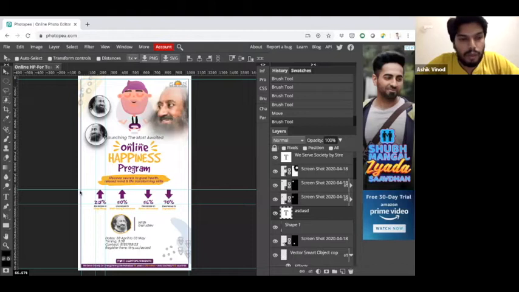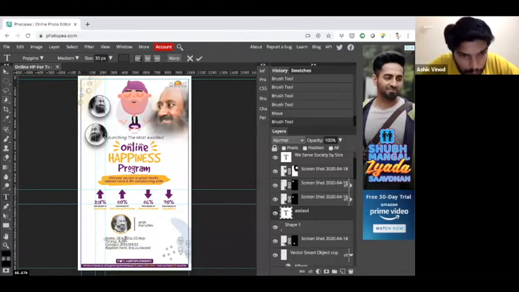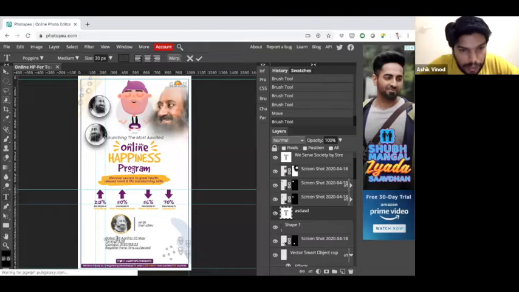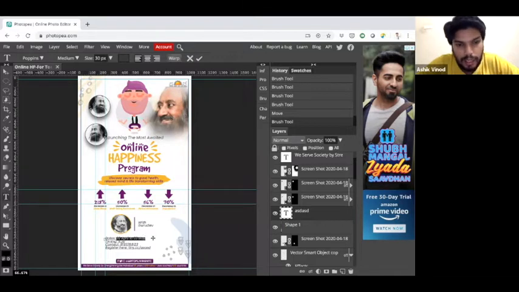So what you have to do is click on the type tool on the left side, and go into that particular text you are seeing. Now make sure you have that underline coming and all those selections are coming. Now select that text, and then start typing. Got it? Yes, Ashik. All right, cool.